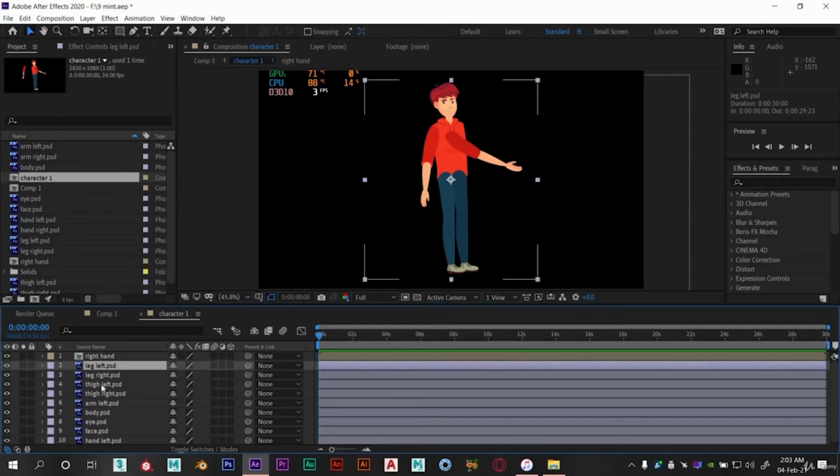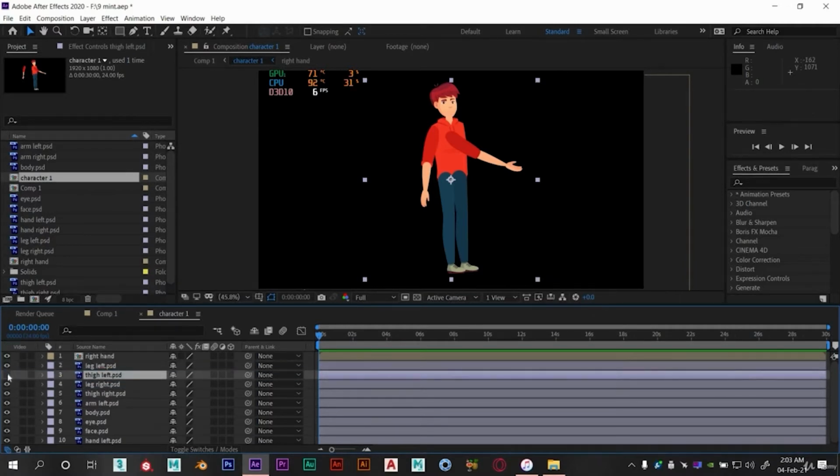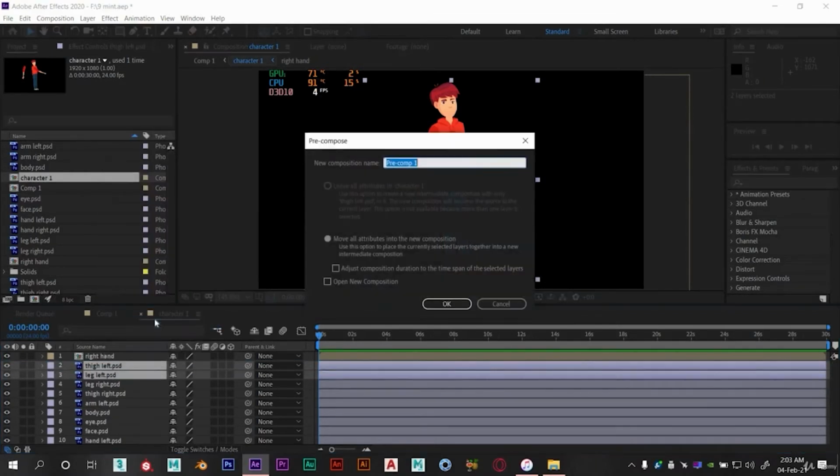Do the same with all parts. Select it, right click and make it pre-comp. Name it as left leg and adjust its anchor.